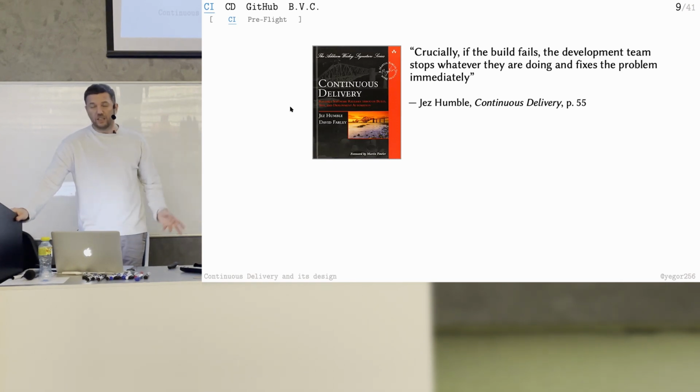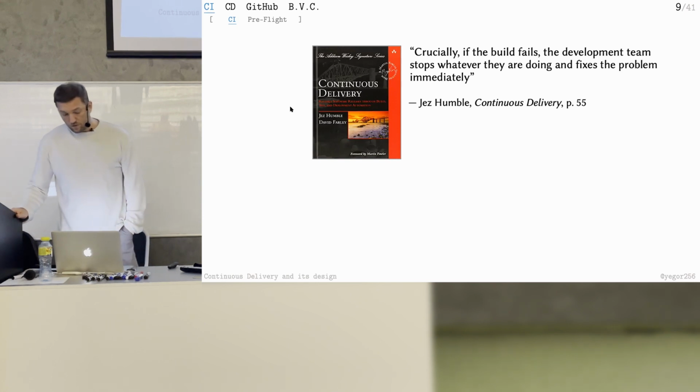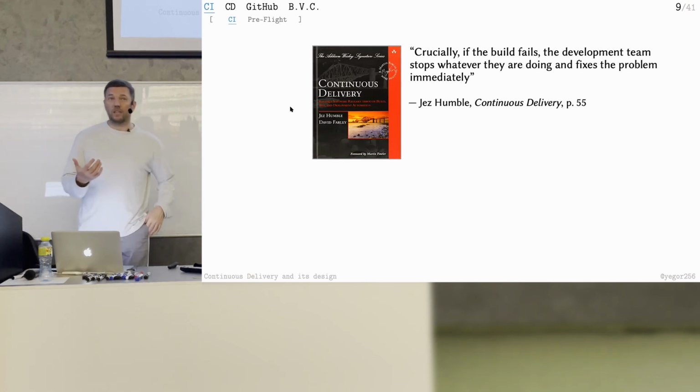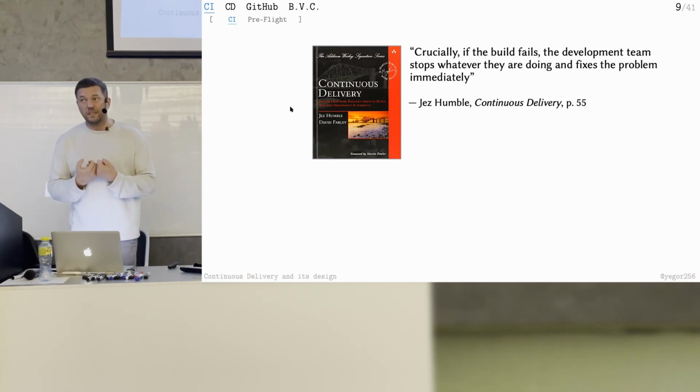Imagine the development team of 20 people, and they all stop to fix the build which is broken by somebody last night, one person. It's not going to happen. I mean, I've seen many teams in my life. They don't stop. It's just a false objective. But this is what we have to do, because if we don't stop, if we don't fix the build, then imagine how difficult it is for other people.